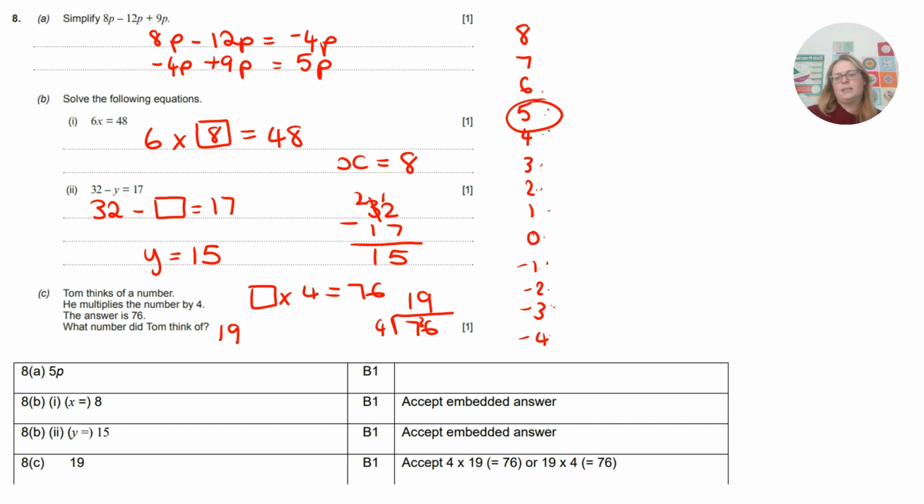And just to double check. A gave you 5p, B was 8, and the next was 15, and C was 19. There was only 1 mark for each of those. So hopefully you had a good go and you were able to access this video and feel a little bit happier after seeing